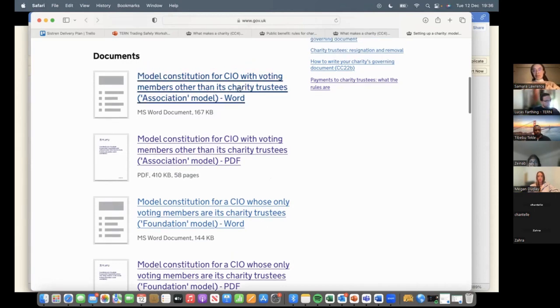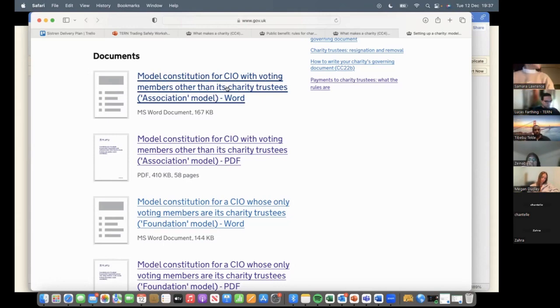The association model is where you have a distinction between the trustees and the company law members. An example I'm trying to think of as a good one is, have you heard of the National Trust? The National Trust is a charity, and it's an association model because there are lots of people who are members of the National Trust, and we can all go to their meetings and we can all vote. The trustees are a different group of people. So lots of association models are basically trying to get a broader group of people involved in the membership of the organization.